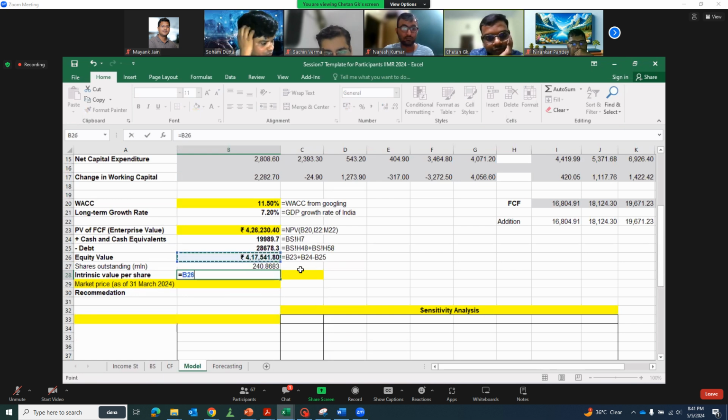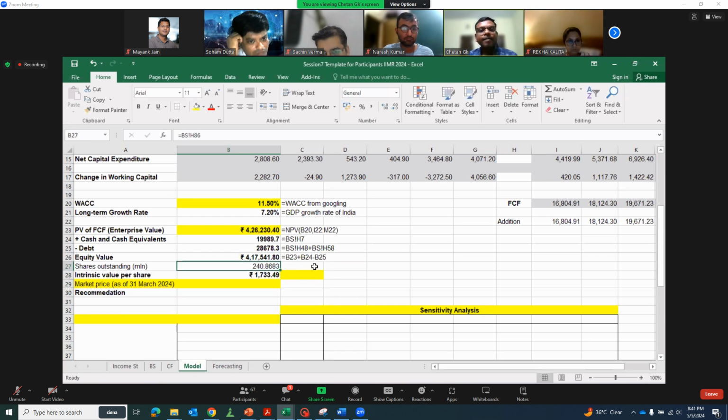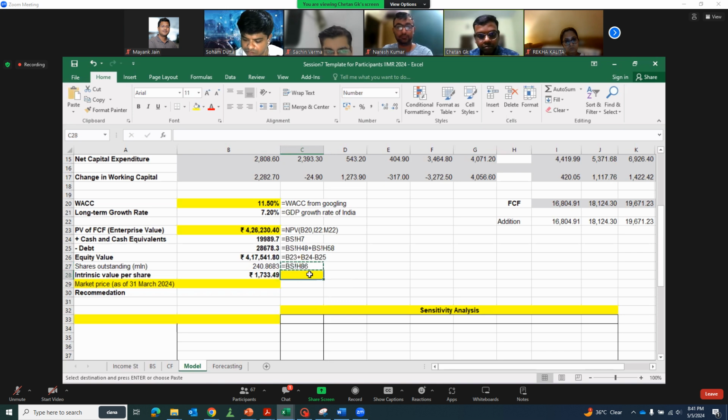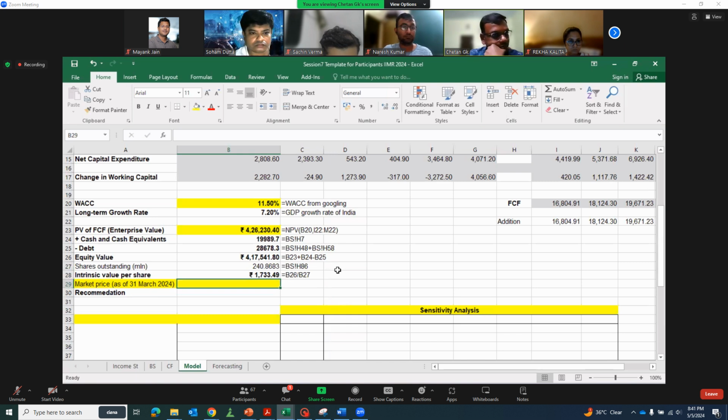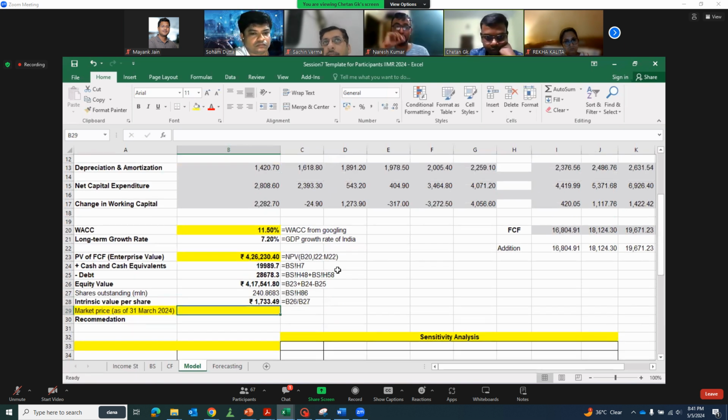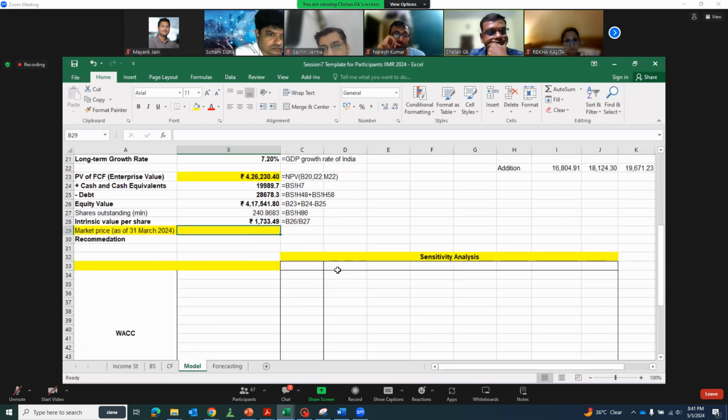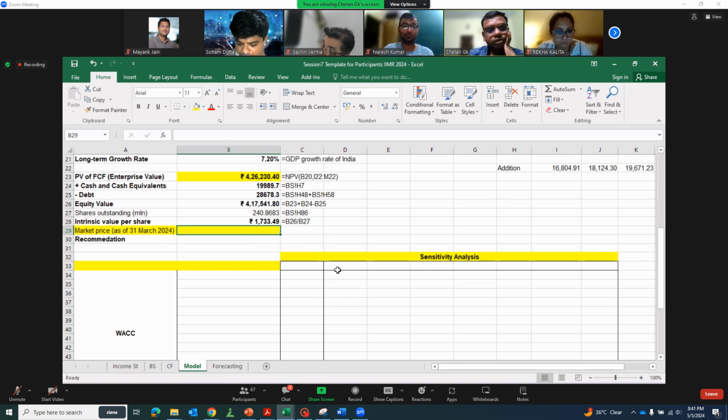So how do we get the intrinsic value now? This divided by the number of shares outstanding. What is the market price as on 31st March?